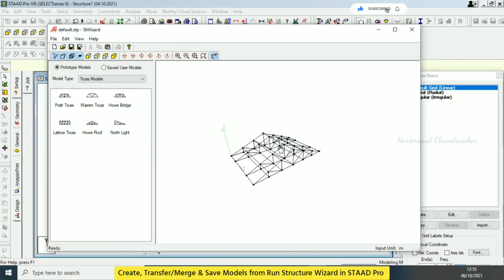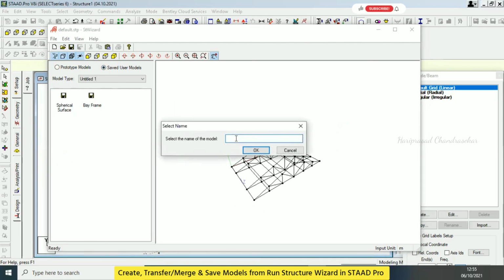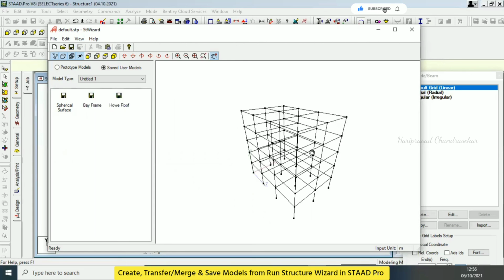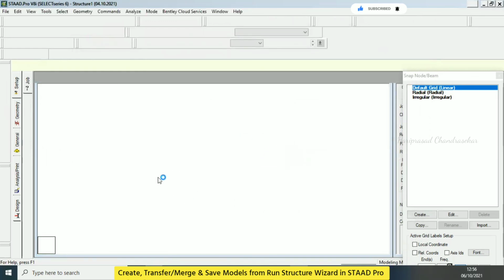See, now you can save this. You need to click this, click here, click here, and drop here. So this is what it is. Here you can put numbers also for your understanding, but now I'm just putting only the name, what kind of model. So like this we can do. For example, if you want to put this, the transfer model is better, and then yes, it will come into our software.